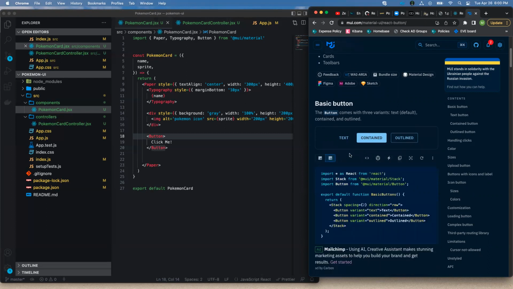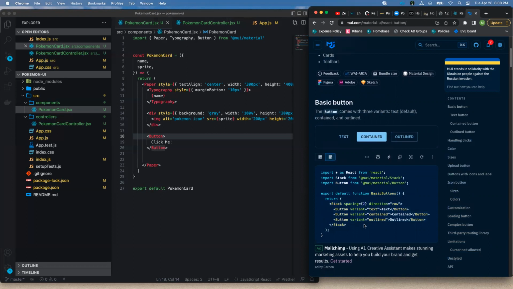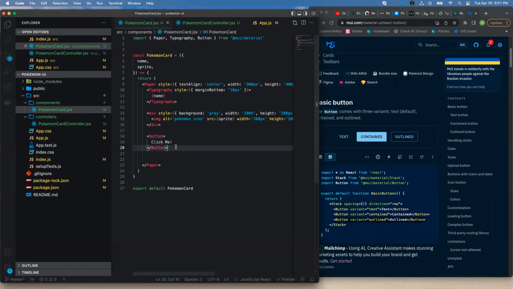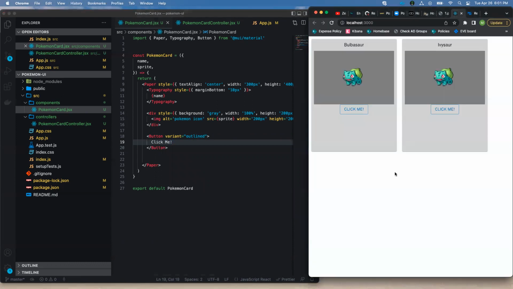So the great thing about these docs is that it shows you the components actually rendered on screen and then the code to get them. So that's nice. I can just copy this. I like the outlined button, so I'm gonna copy this over. And change this to click me. There we go. So when I click this, my goal is to have like a counter for how many times